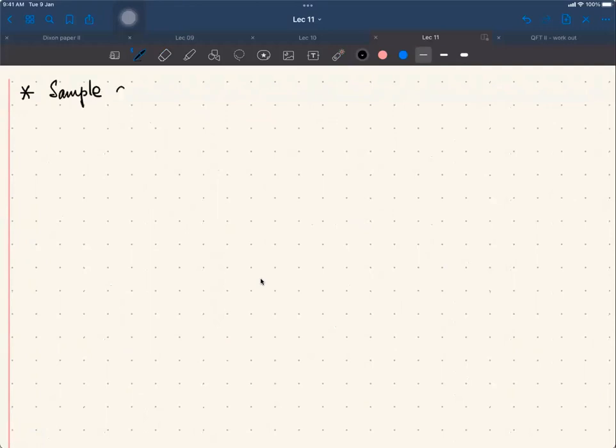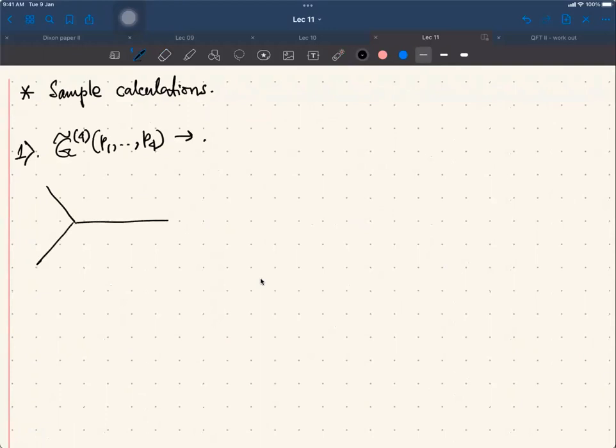Sample calculations. Let's consider first G tilde. We'll consider G tilde for P1 to P4, and the specific diagram in that, which is given by this. P1, P2,